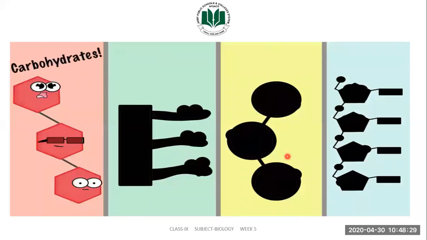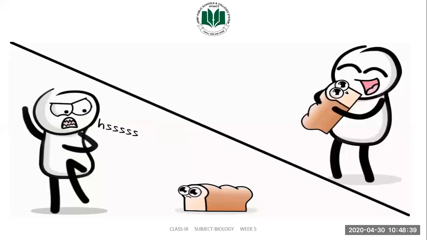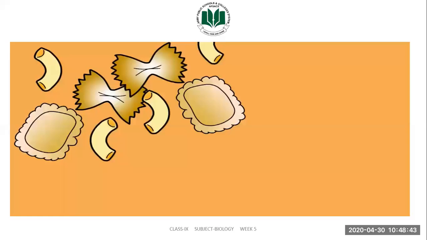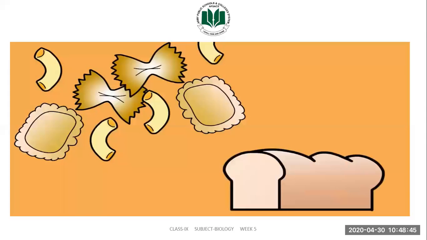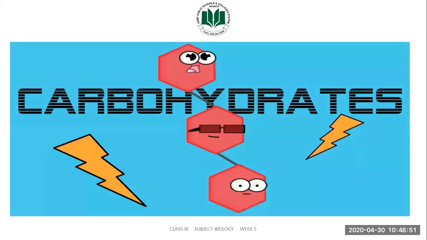We'll start with carbohydrates, carbs. Well, carbs are something that you've probably heard a lot about when people are talking about diets. You know, they try to go low carb, or maybe they want a lot of carbs. Diets always come and go. Pasta and breads are examples of foods heavy in carbohydrates. Carbs are actually a very important source of energy. In fact, that's one big function of carbs. They are a great, fast source of energy.